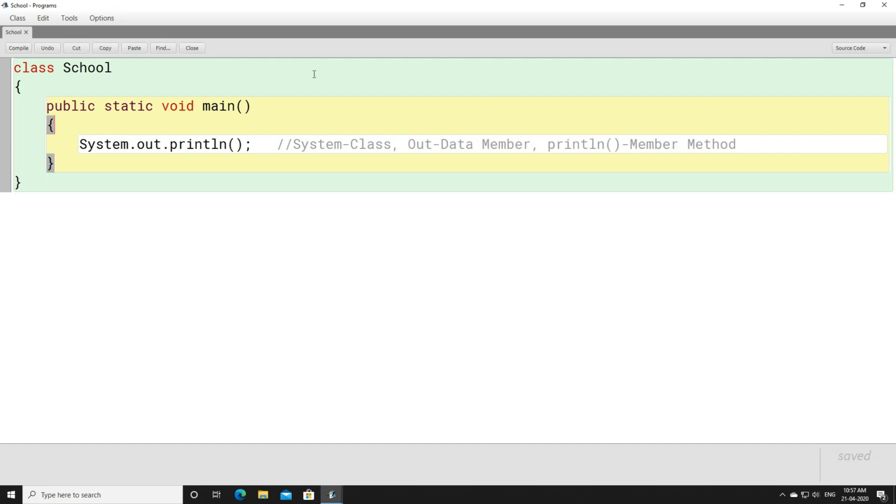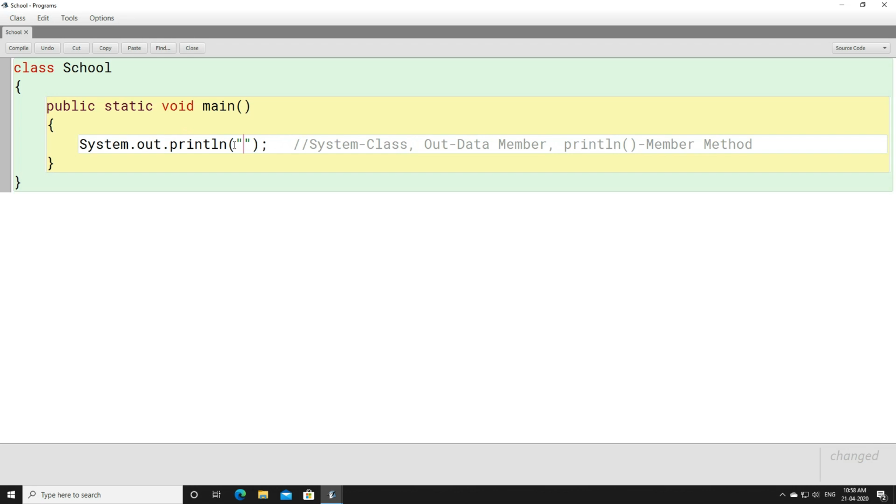Now here you can see that println is basically used to print something. If you want to print anything, then println can be used. Now let us do some manipulation here so that things are clearer to us about how println is going to work. Remember, whenever you write anything within double quotes, here we have a starting double quote and this is the ending double quote, it is considered a string. In most of the programming languages I'm talking about, double quotes denote a string.